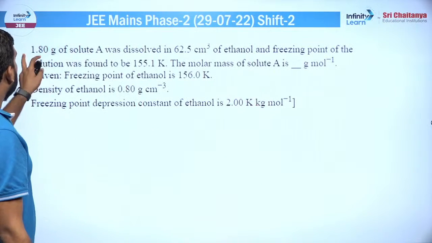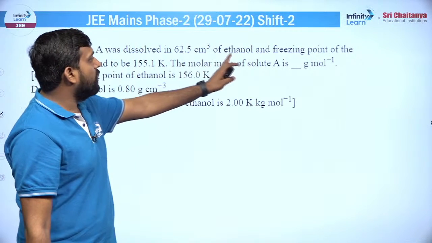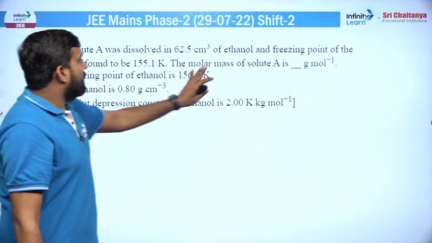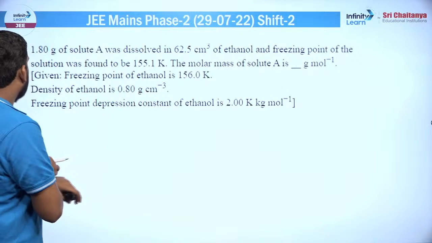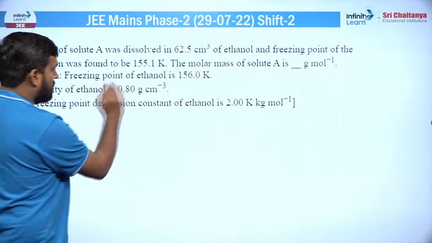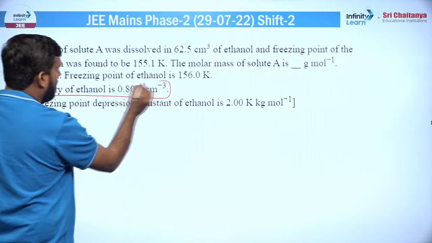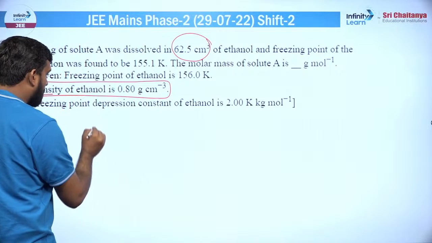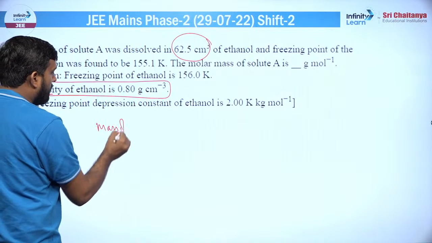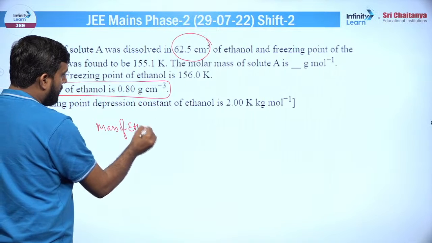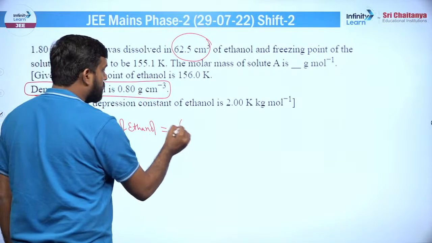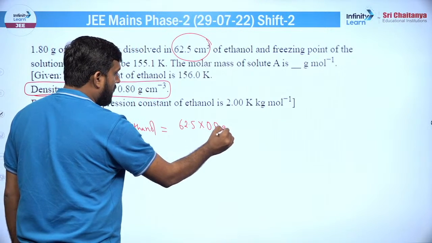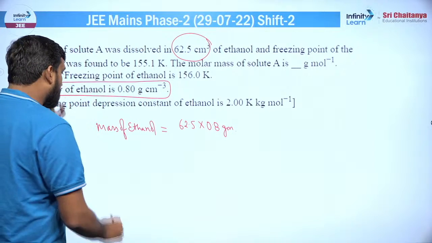Going to the next question, this much of solute A is dissolved in this much volume of ethanol and the freezing point of the solution was found to be this. The molar mass of the solute आपको बताना है, बहुत सिंपल सा क्वेश्चन है। और फ्रीजिंग पॉइंट, एलिवेशन वगैरह सब कुछ दिया गया है, डेंसिटी ऑफ द इथेनॉल भी आपको दिया गया है। डेंसिटी ऑफ द इथेनॉल अगर आपको पता है और वॉल्यूम आपको दिया गया है, तो आप यहां से बेसिकली मास ऑफ इथेनॉल निकाल सकते हो। तो मास ऑफ इथेनॉल हो जाएगा 62.5 इंटू डेंसिटी दैट इज 0.8। ये आपका जो आएगा ये ग्राम में आएगा मास।